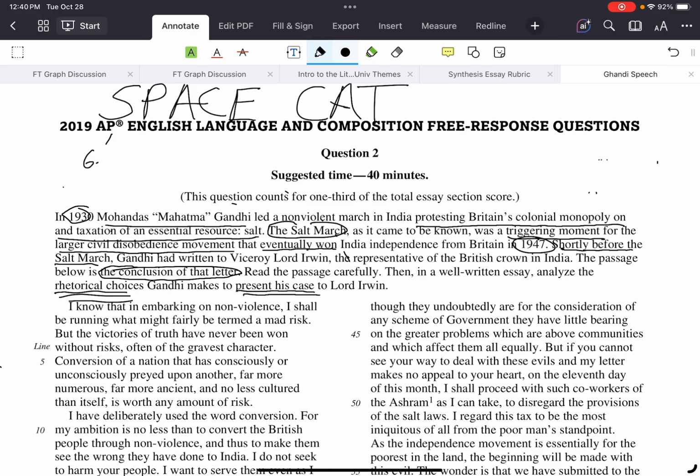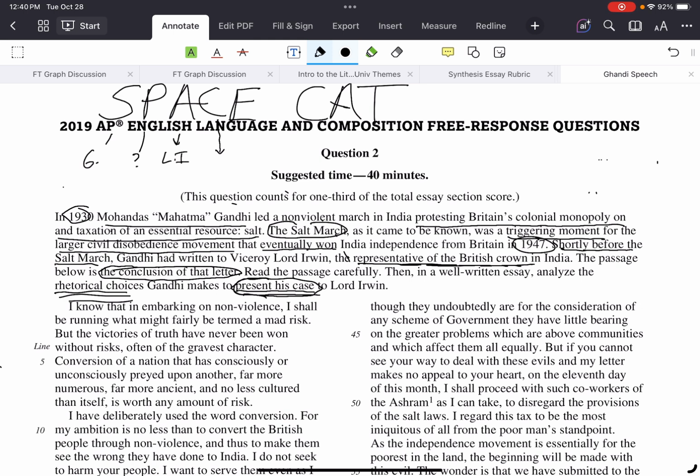Okay, so who is the speaker? It's Gandhi, right? What is the purpose? Well, we're going to have to read the essay to find out because all they say is that he presented his case. So the purpose at this point is kind of, we don't know. The audience is Lord Irwin, who, again, is sort of the representative of the British Crown in India. The context here, I think, is really important, all right? So he wrote